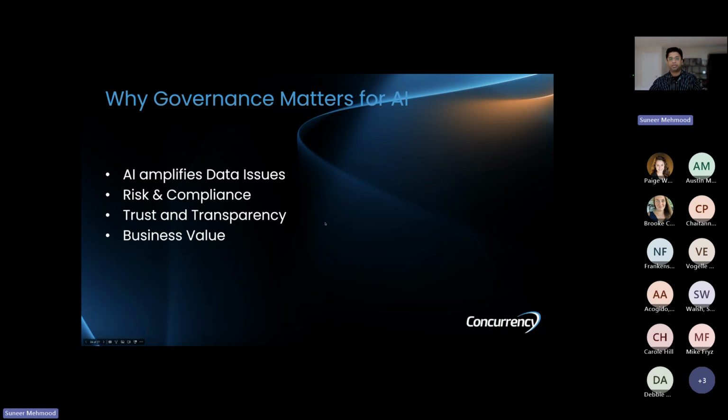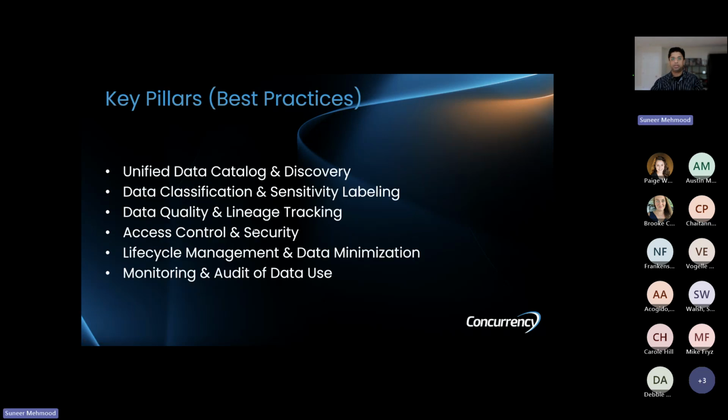So speaking of which, let's talk about key pillars of AI and data governance, right? Earlier it used to be called data governance. Now AI is so much a thing, and AI and data are so close together, most of what AI governance is derived from data governance, because those go hand in hand, in fact.